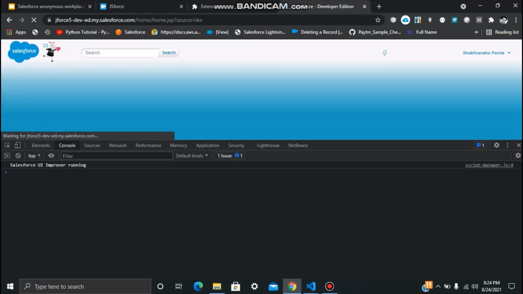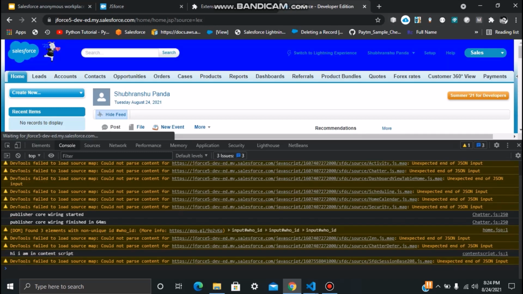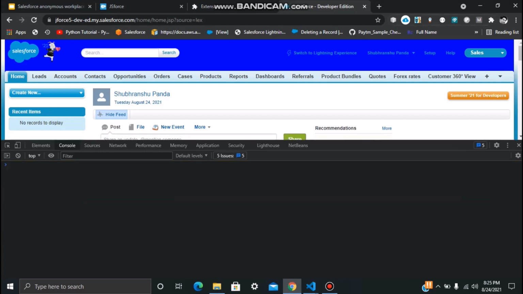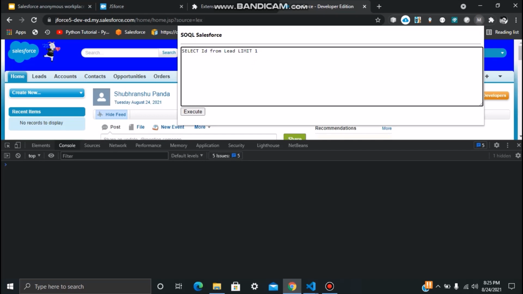The content scripts file is loading. Yeah, my content script is also working perfectly. Now we'll check our extension. Our UI is working, but the execute method is not working right now.